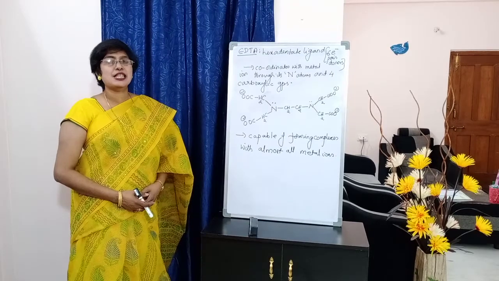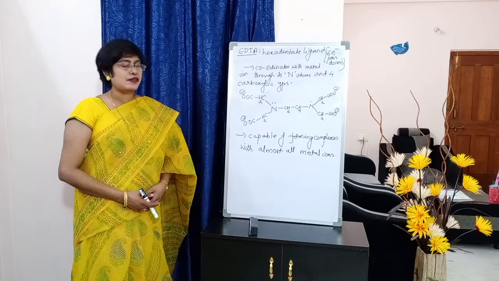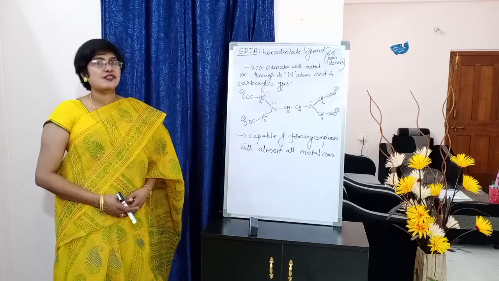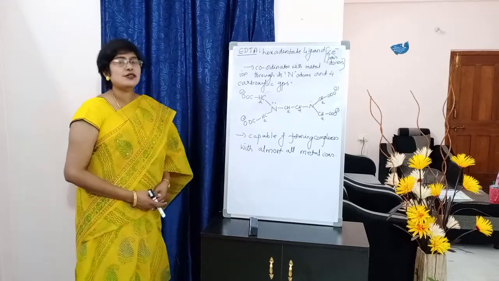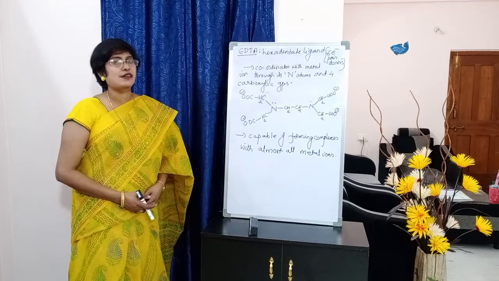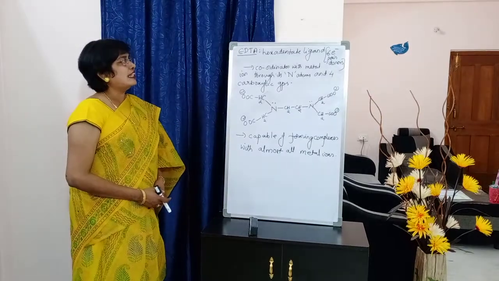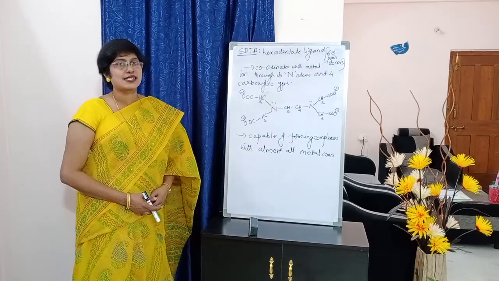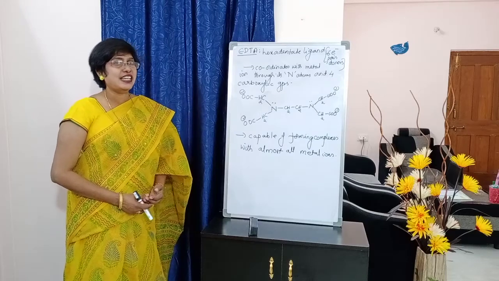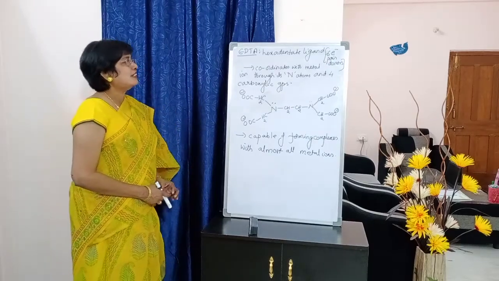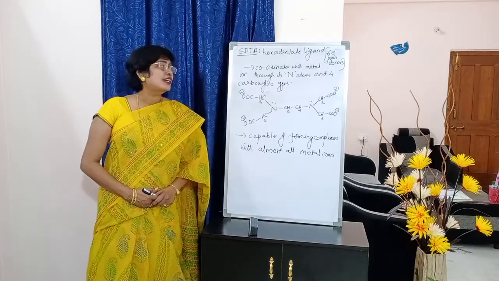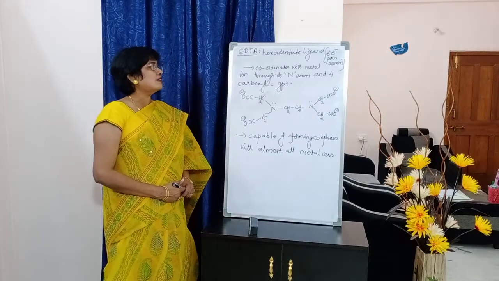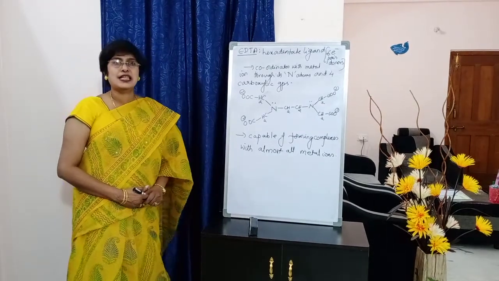So students, some information about EDTA. What is the full form of EDTA? Full form of EDTA: ethylene diamine tetraacetic acid. Write down some points about EDTA so that it will be useful for you. Hexadentate ligand, that means it has 6 electron pair donors, hence it is called a hexadentate ligand, and it can coordinate with the metal ion through its 2 nitrogen atoms. You all know that it has a lone pair of electrons on nitrogen and 4 carboxylic groups.